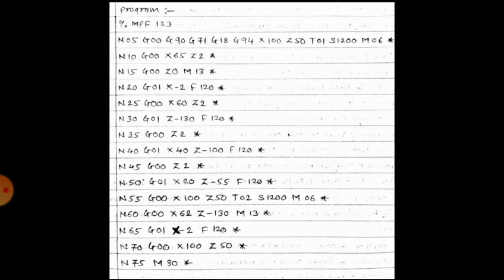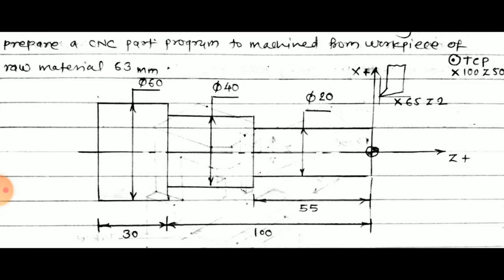The next block is N35 G00 Z2, which means take back the tool to X60 Z2 for machining the next diameter of 40 mm. So it is a little bit below the point X65 Z2.